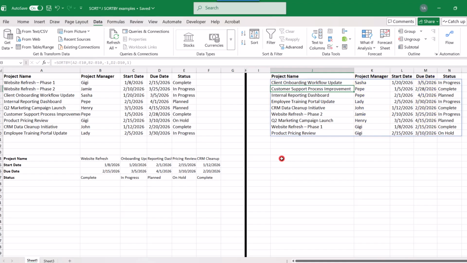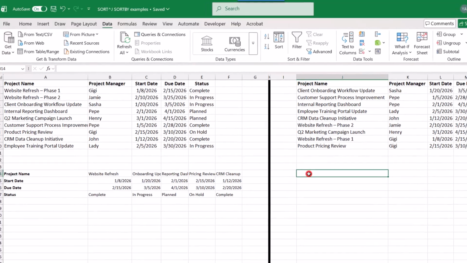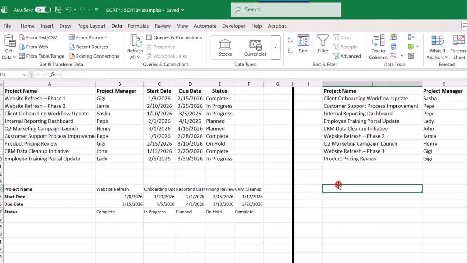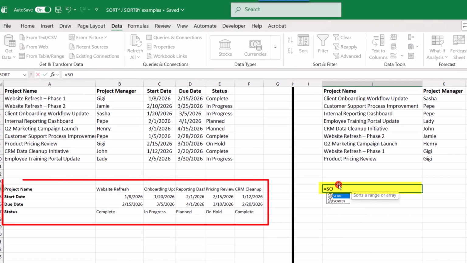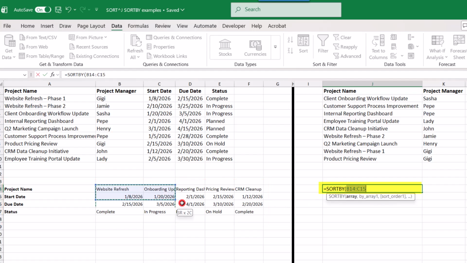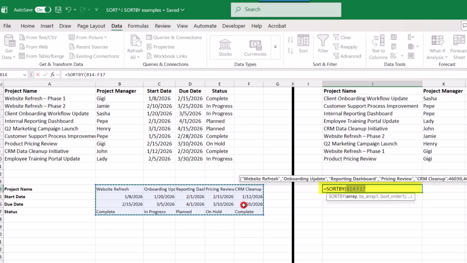And also sort by detects whether you're trying to sort by rows or columns. You don't need to specify, it just knows. So let's say we want to sort this data by due date. All I need to do is select my data, comma, select the due date,